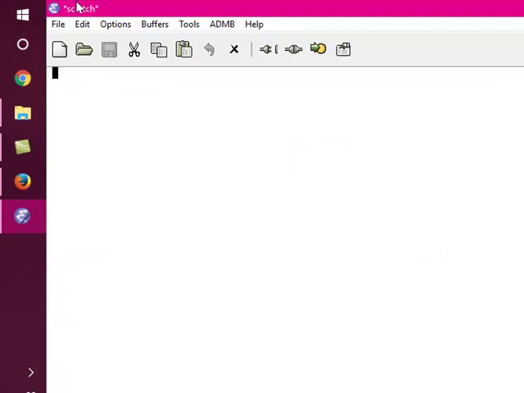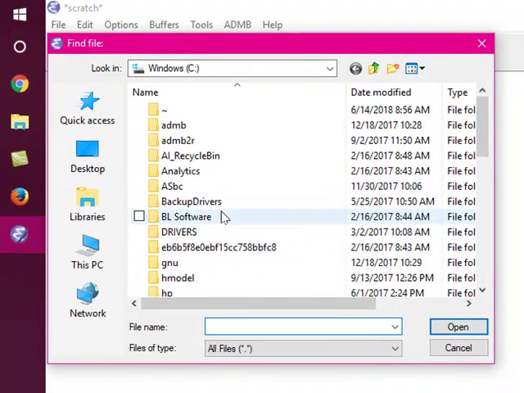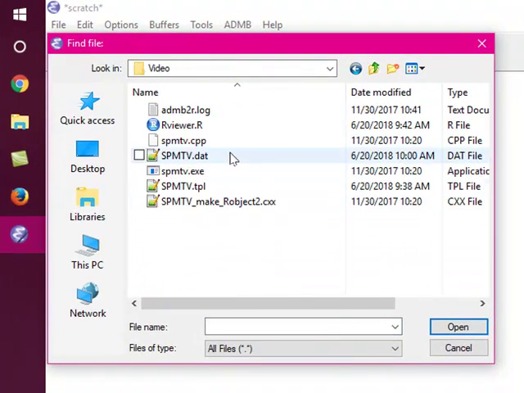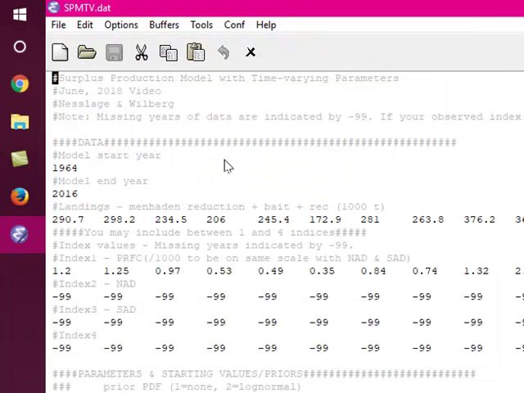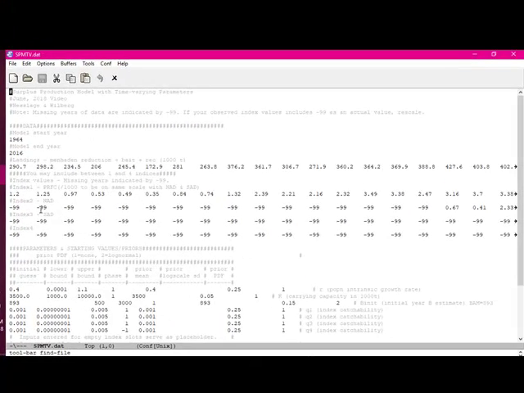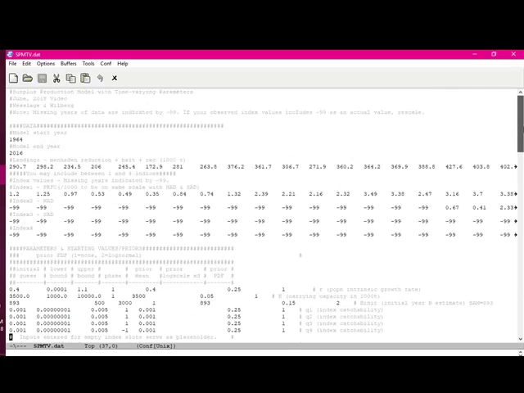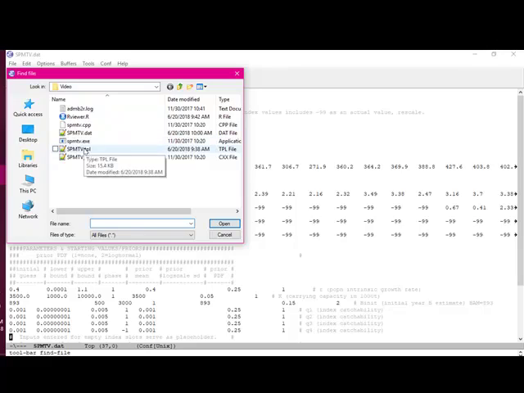So let's just go back to AD Model Builder. You would hit Open and then navigate to where the files that you downloaded from the website are located. You can open up the DAT file, and it looks a little different in here, but again, you can see all the data are laid out just as we went through the DAT file in the text editor. And then you'll want to open up the TPL file